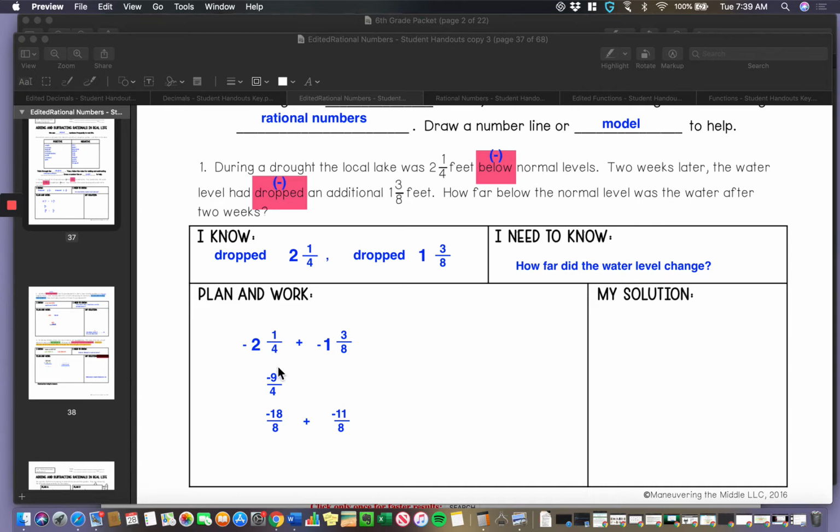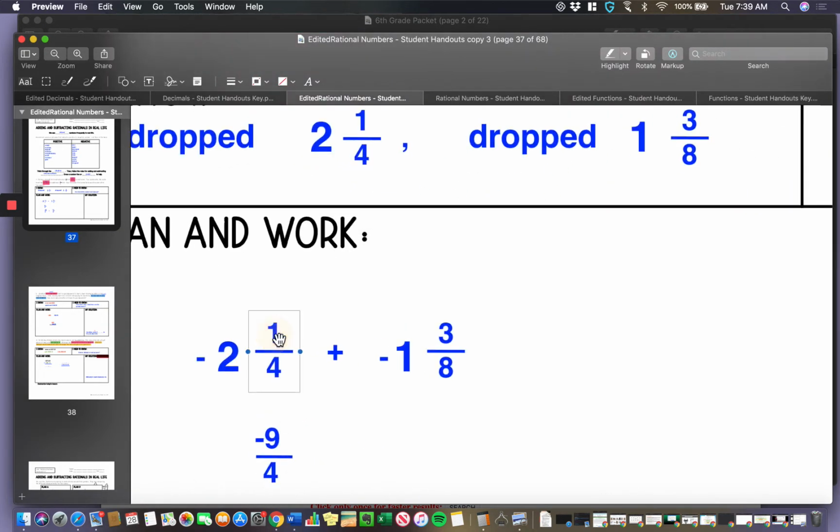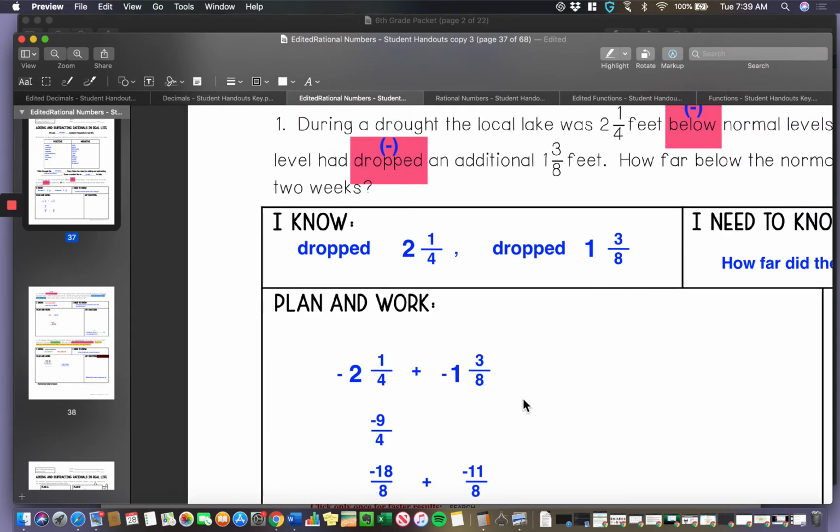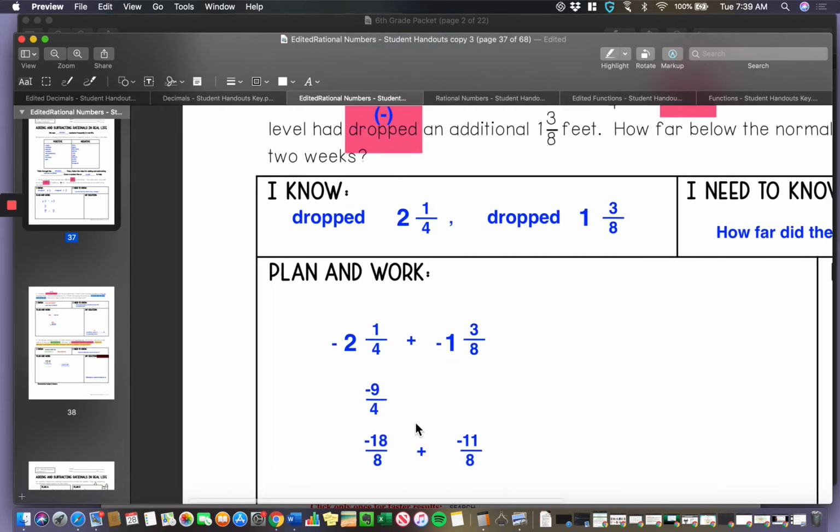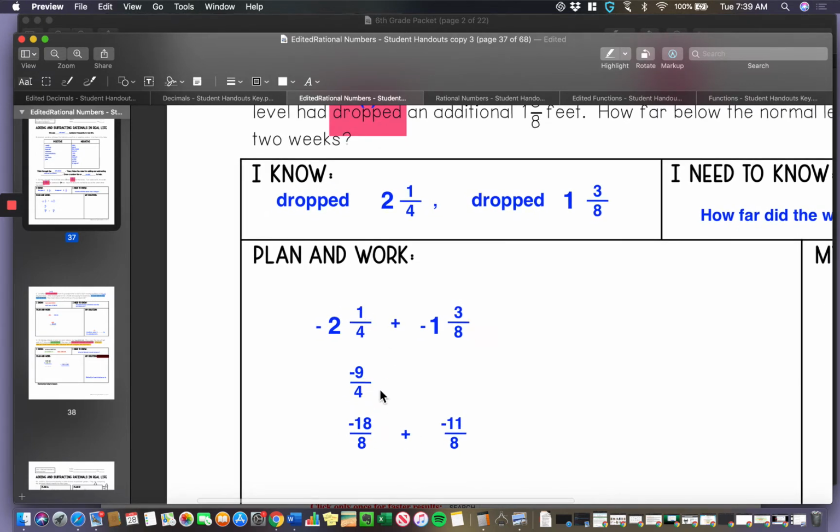So the first thing I wanted to do was change 2 1/4 by multiplying 4 times -2 plus -1. This fraction right here is also a negative, but I don't need to have that negative sign because it's in front of the 2. Okay, so that's why we have a -9. So we changed our mixed number to an improper fraction, and then because this is in eighths, I have to